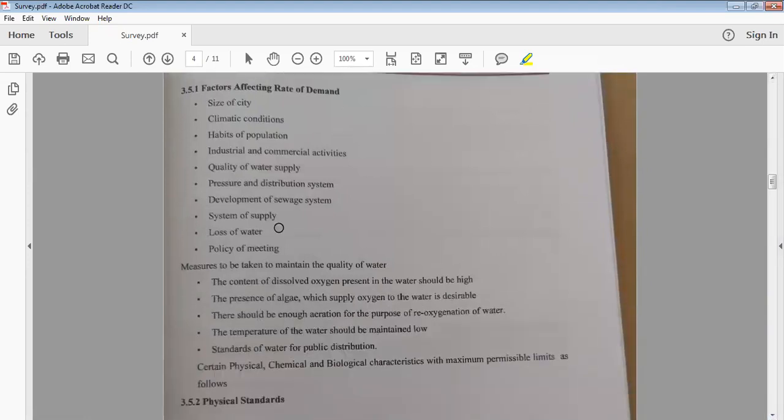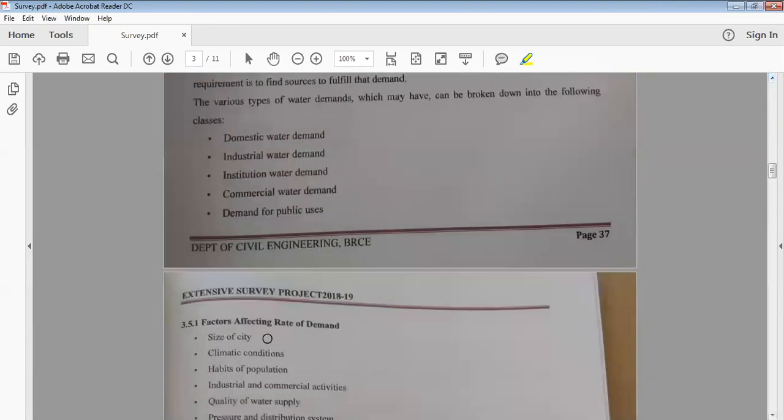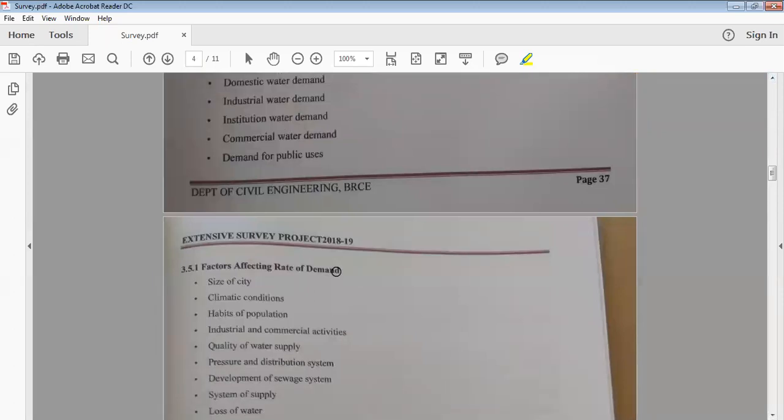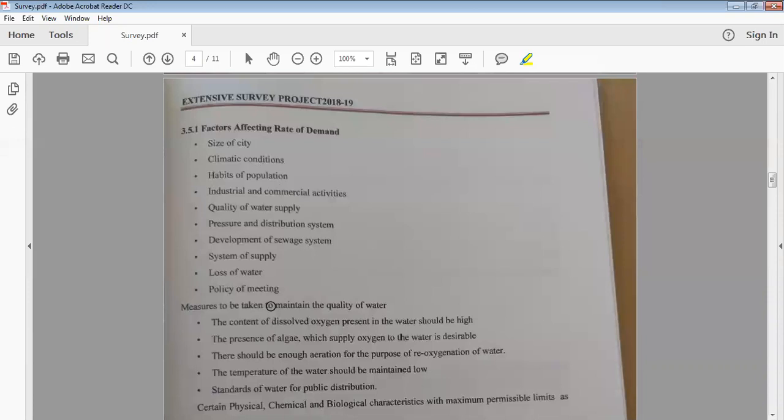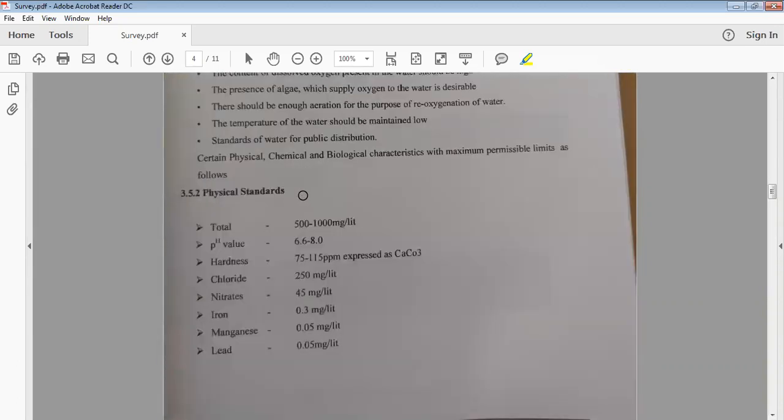So these are the things which make the demand we focus on vary, like city size, climate, habit of population, industry, development of sewage systems. So many factors make this demand vary. Okay, so now coming to the picture,